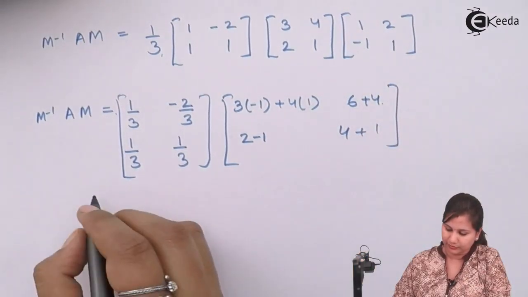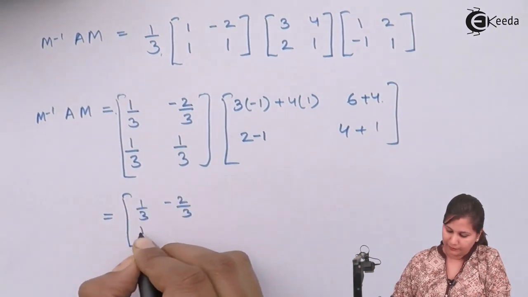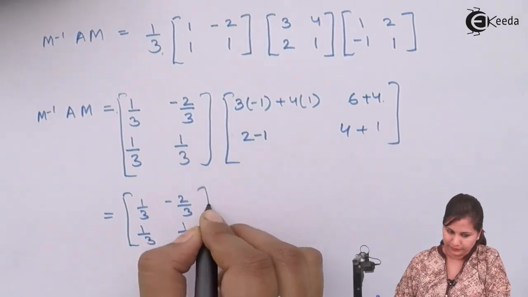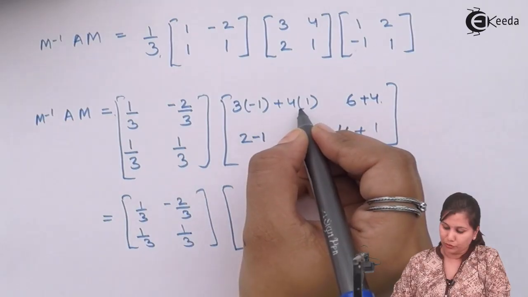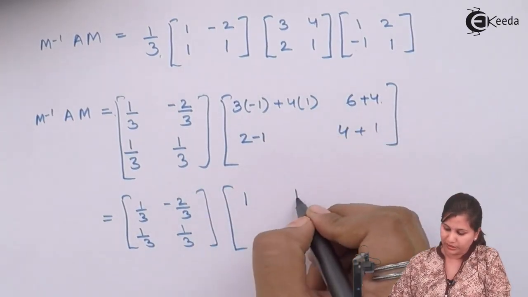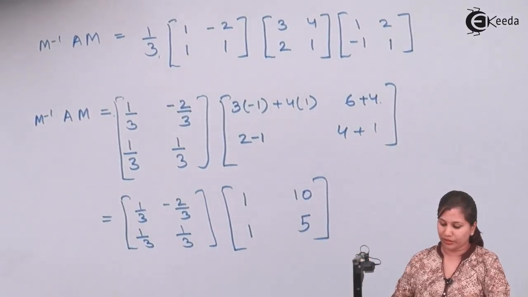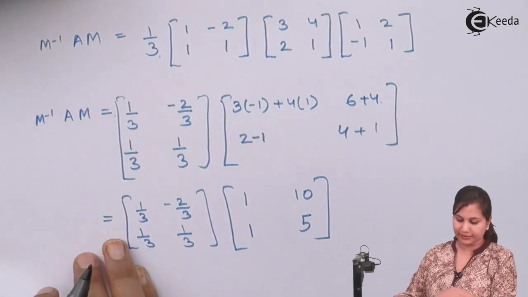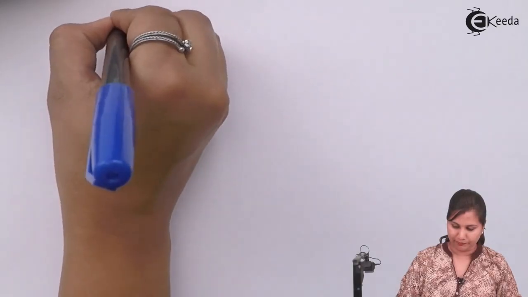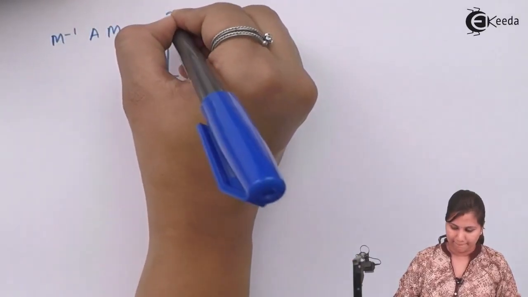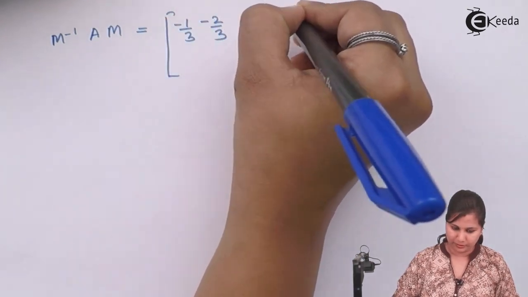So we are getting here 1 by 3 minus 2 by 3, 1 by 3 and 1 by 3. Then we have minus 3 plus 4. So 4 minus 3 is 1, 6 plus 4 it is 10, 2 minus 1 is 1 and 4 plus 1 is 5. Now we are going to again multiply these two matrices and then we will get the last as M inverse AM, which is minus 1 by 3 minus 2 by 3 minus 2 by 3 plus